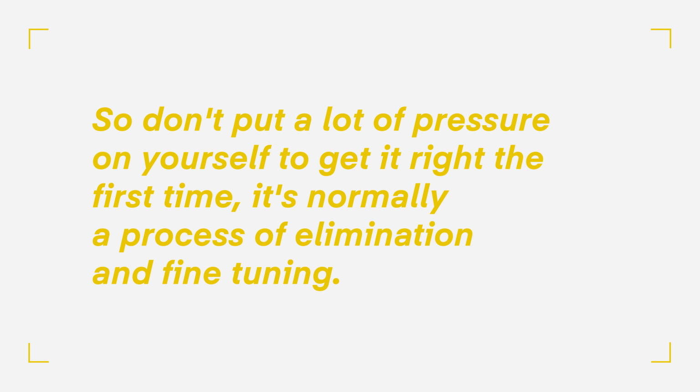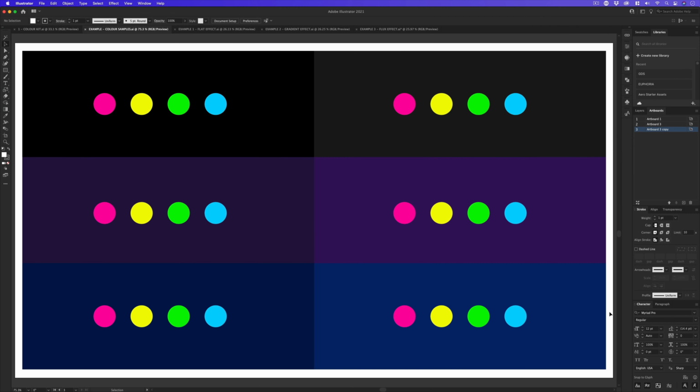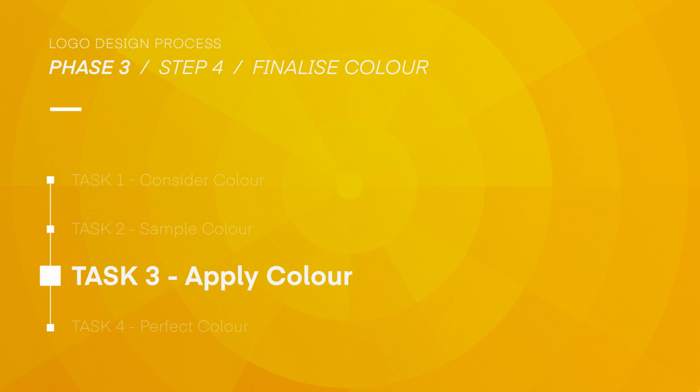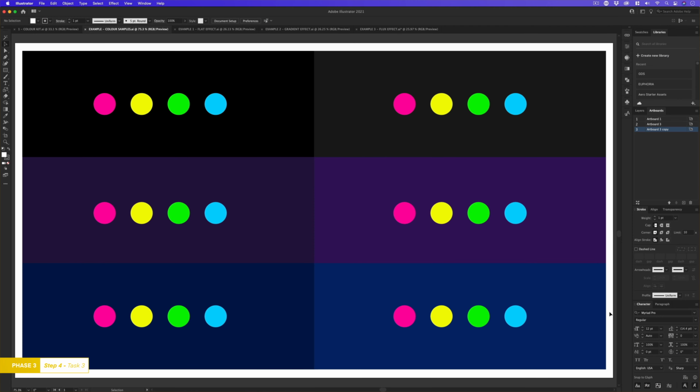It's normally a process of elimination and fine tuning. Now I may have a few colors I think are working here, but now I'm going to apply the colors to the logo. It's only when the colors are applied in context will I get a better idea and start to refine them more. So I'm going to start by grabbing my black and white logo I prepared earlier and